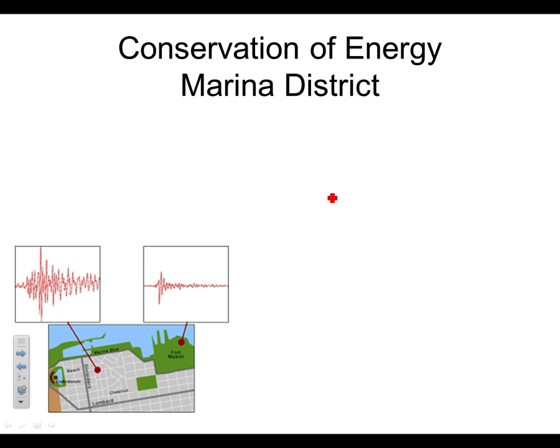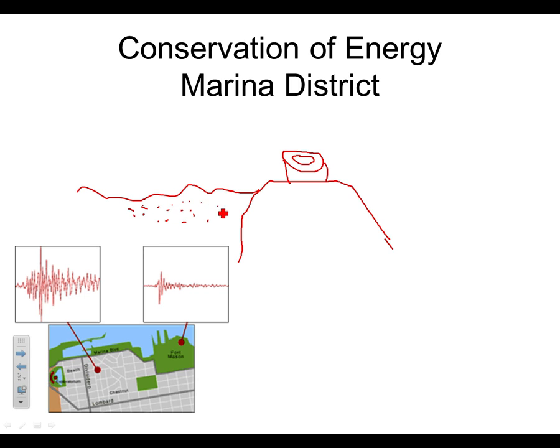And if I kind of draw a little bit of a picture, Candlestick Park is where the World Series was happening in 1989. You might have heard. So at Candlestick Park, the builders were smart. They made Candlestick Park on an outcropping of rock. And kind of surrounding it is the Marina District. So this kind of looser, I'll just put some dots here, this really loose soil, kind of landfill from the 1906 earthquake.